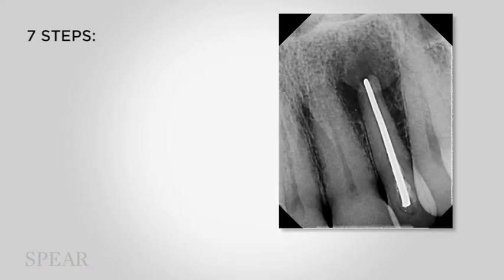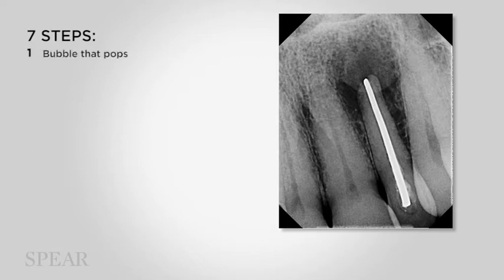Nothing that is a really crazy zebra or anything like that, but the cases that you see every day in practice, and how can you use the 7 steps to arrive at a systematic approach to look at these things very quickly so you can have a diagnosis. So the first patient here, we have a lateral incisor tooth, and this patient presents with a chief complaint